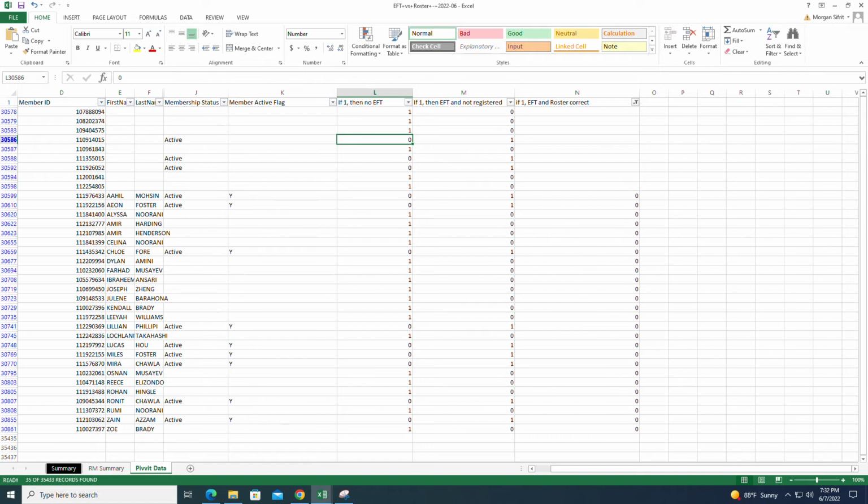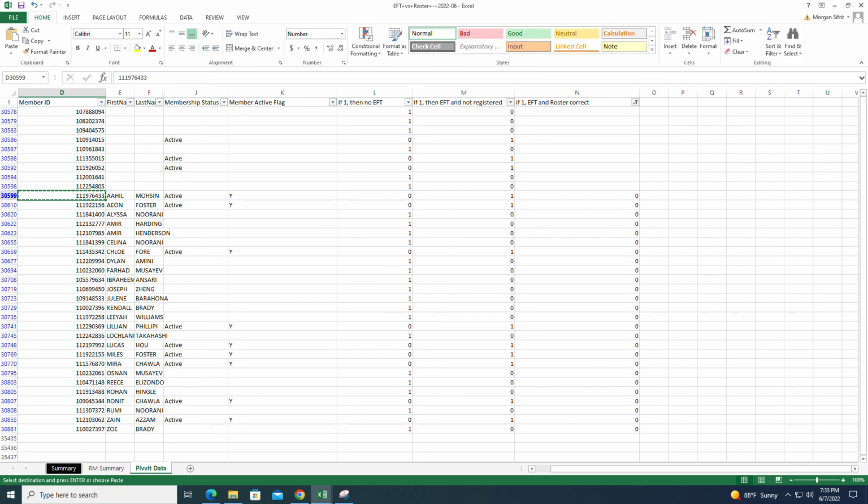We'll choose one, member active flag, so that means something is going on. They have a flag, possibly a money balance, and then we could also see if someone was terminated and we have them showing up in our roster. Their EFT would have already been canceled automatically when their membership is terminated or on hold, but we would still show it. So we can just click on this guy, look them up in MMS,